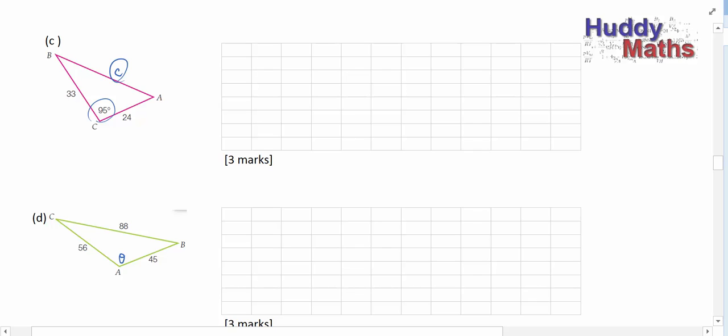So what we're going to do is we're going to say C squared here, because it's opposite the angle C, is 33 squared plus 24 squared, take 2 by 33 by 24 by the cos of 95. Should put the cosine rule there. And if you do that on the calculator, you can do it all in one entry, approximately